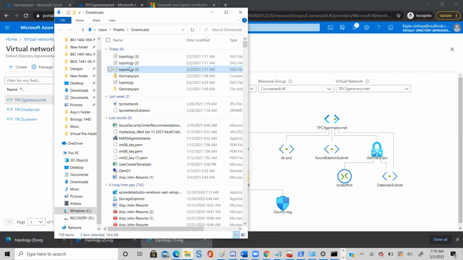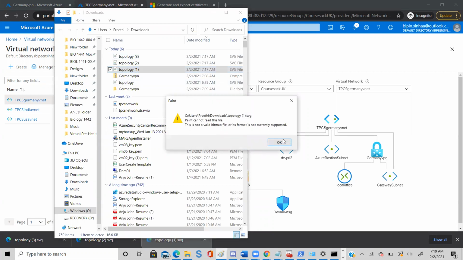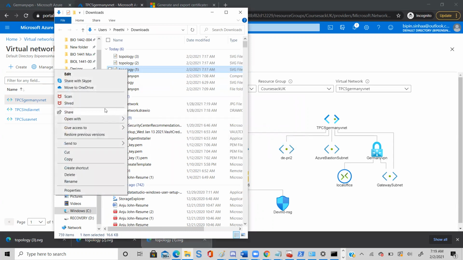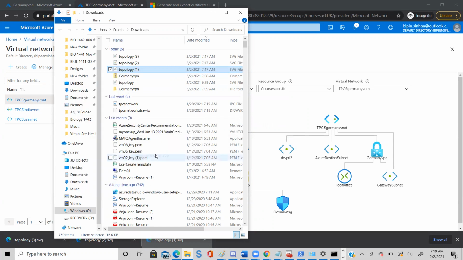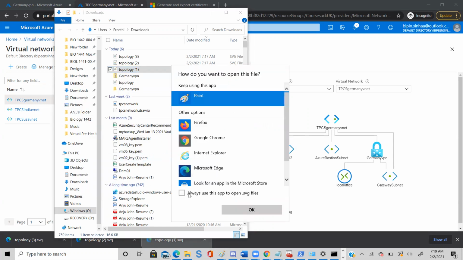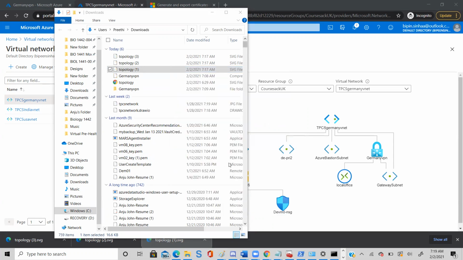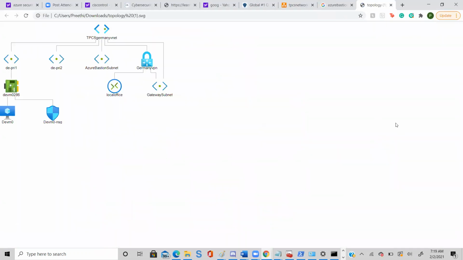Open with, choose a tab, open with. Okay, so we have to use the snipping tool.